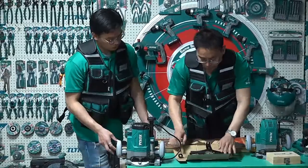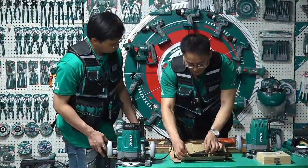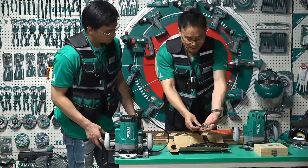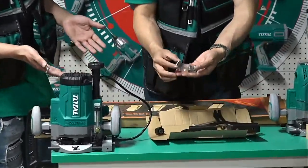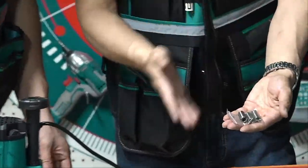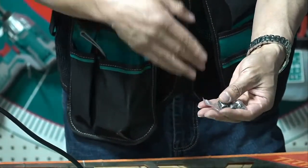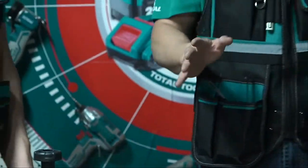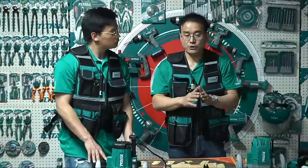And just now, when I introduced these accessories, we found three that look very similar. So what's the difference here, Master? Is it just a simple repeat, or is there some difference between them? I'll introduce it to you. Actually, in the market, around the world, normally we have two